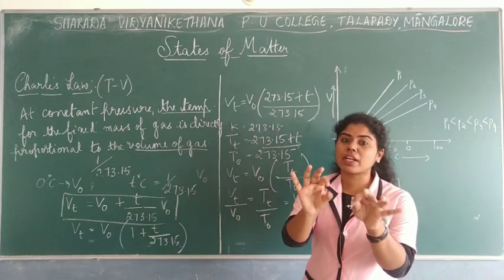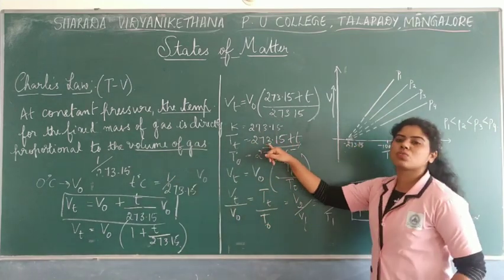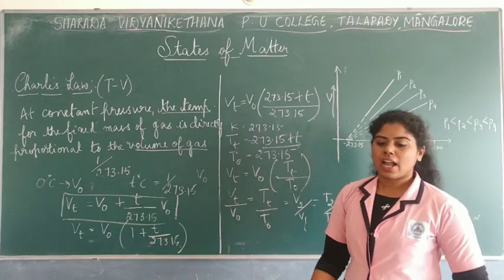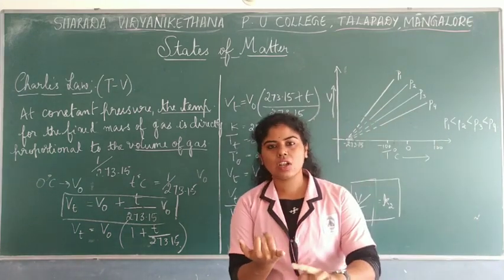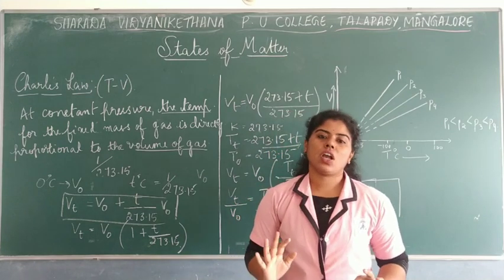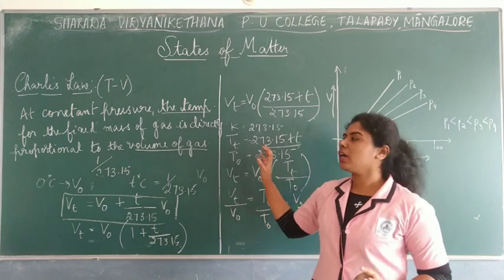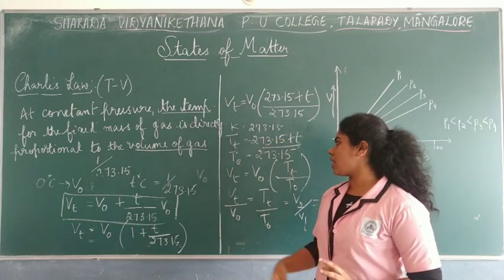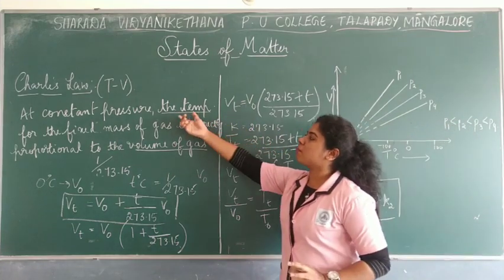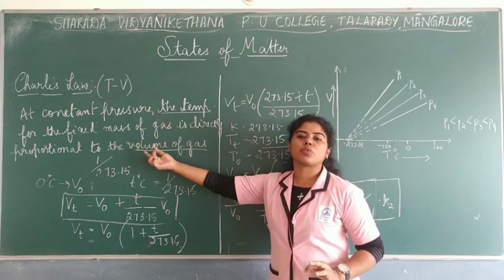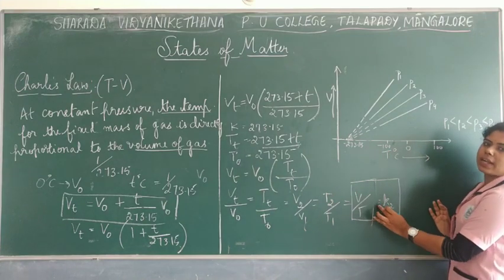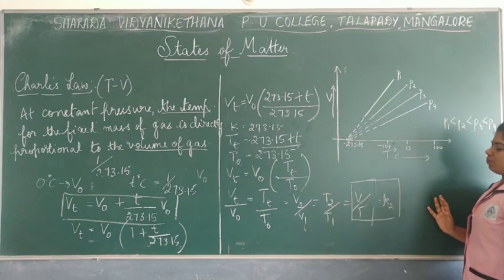Why absolute temperature? We know the absolute temperature, that is 273.15. Right? That's the absolute scale, as I said. It may be called the Kelvin scale or absolute scale or also thermodynamic scale. So these 3 points are to be remembered. And that's why we say they are absolute temperature. So we say the absolute temperature is directly proportional to the volume of the gas. And the expression to be remembered is V by T is equal to K2.